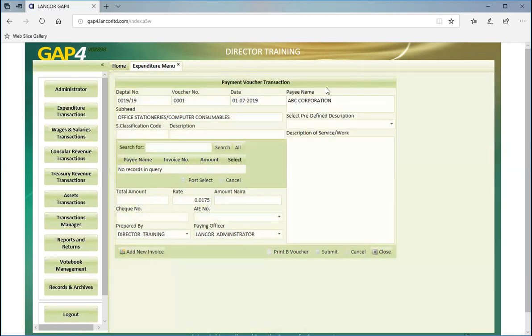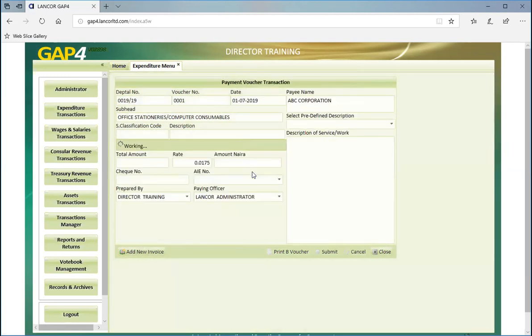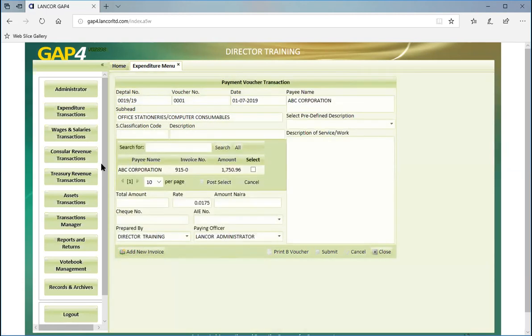When I close, the form automatically refreshes and looks for that invoice. Now it's there. I can select, post select, and the value is now in the voucher. And you can see the rates and the Naira conversion. I can select the AIE, put my narration,